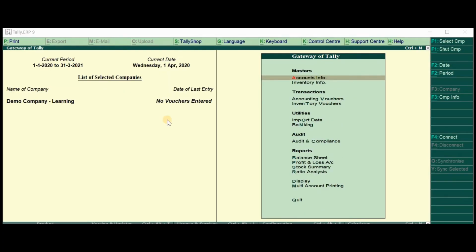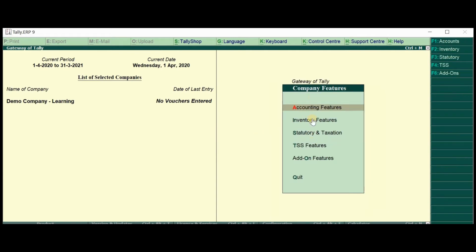Now that we have created our company, we would also like to put the logo of the company. Now, most organizations do have a logo. So let us see how we can put that in this video. So first of all, once this company is created, you have to press F11. When you press F11, you will see these things. Then you have to press A or click here.